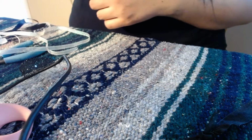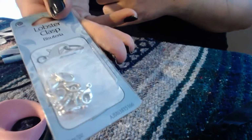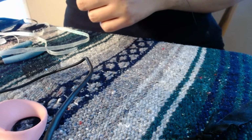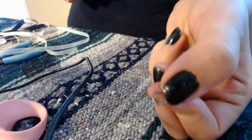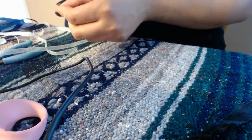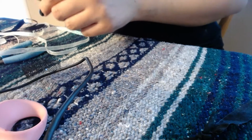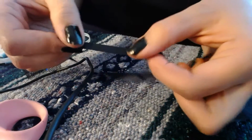You're going to need some clasps or buttons like I used yesterday. If you didn't see my video from yesterday, go ahead and check it out. Jump rings. You may need an eye pin, I'm not sure, but I have the eye pins here. Okay, the first thing that we're going to do is take some ribbon